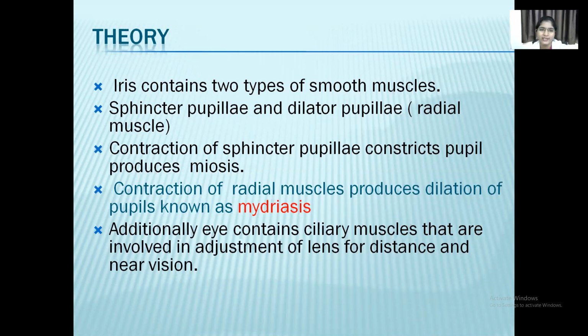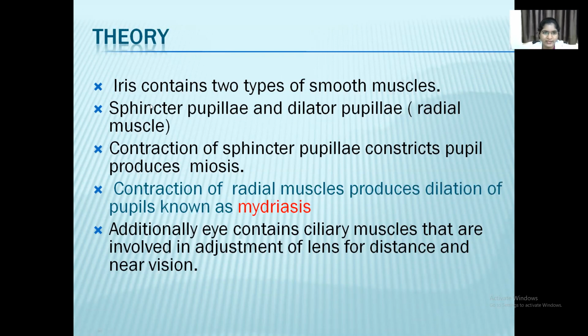So two muscles are present in the iris of the eye, that is sphincter pupillae and dilator pupillae, or circular muscles and radial muscles. When the sphincter pupillae contracts, it constricts the pupil size and produces miosis, and contraction of the radial muscles, or dilator pupillae, produces dilatation of the pupil. It is called mydriasis. Like that, ciliary muscles also contain